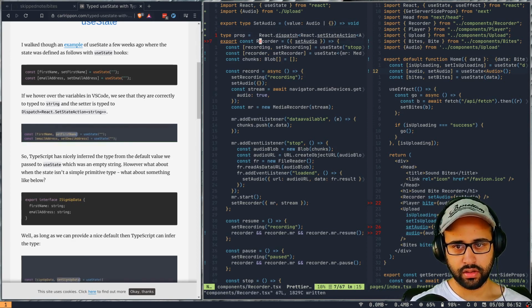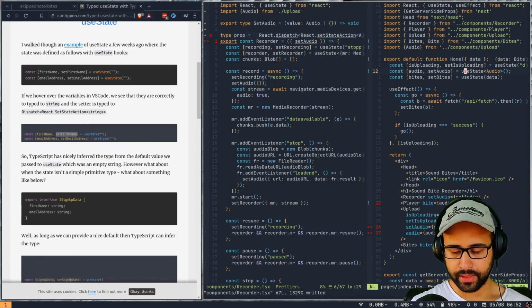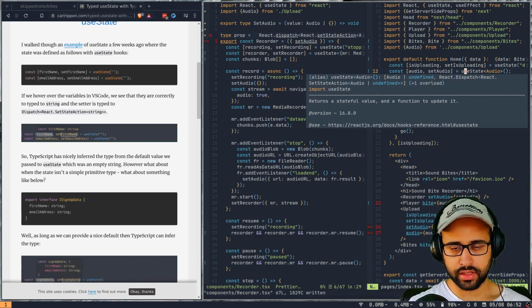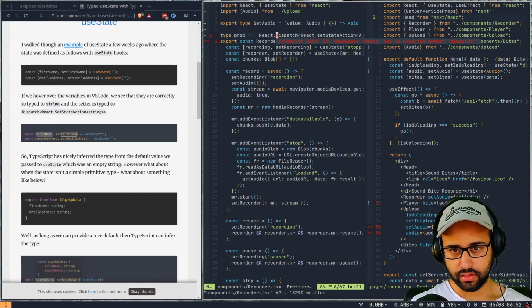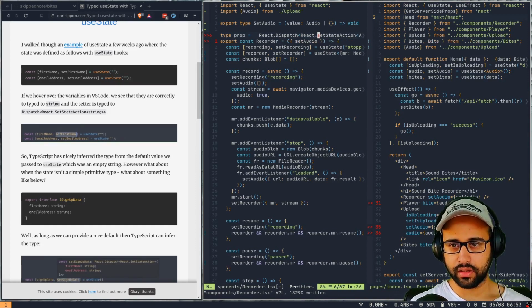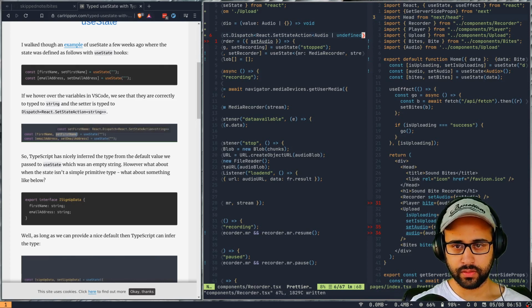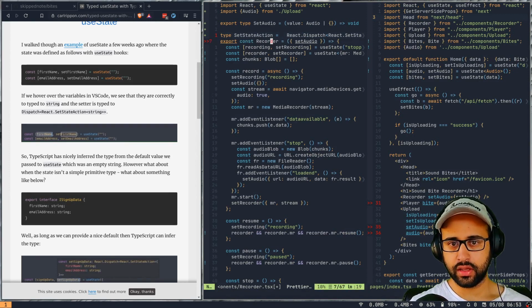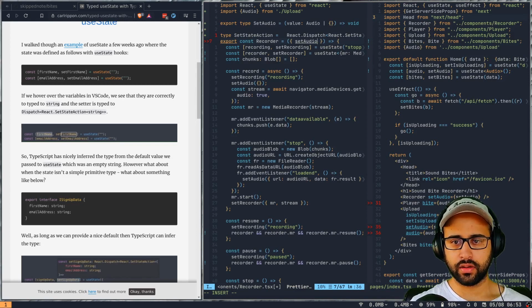Now let's see, it cannot find React.dispatch. How come? Is it dispatch? Okay, with the capital D and capital S in set state as well. Replace this with capital D, capital S. Yeah, so we can rename this to set state action, and then this can go in here, I guess.